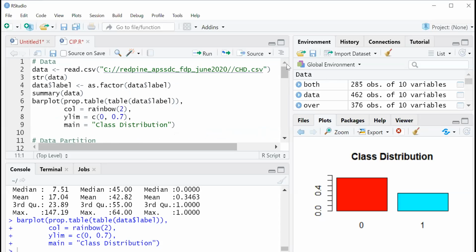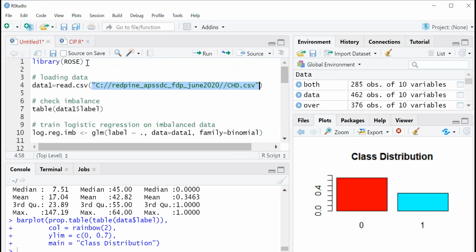In the Python environment, we have the SMOTE library. SMOTE is nothing but the synthetic minority oversampling technique, the SMOTE algorithm in Python.